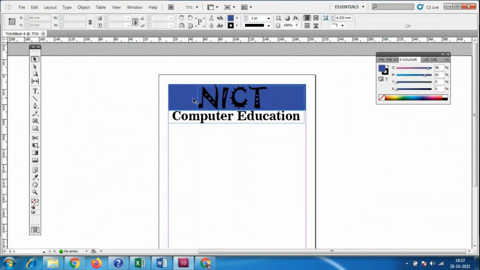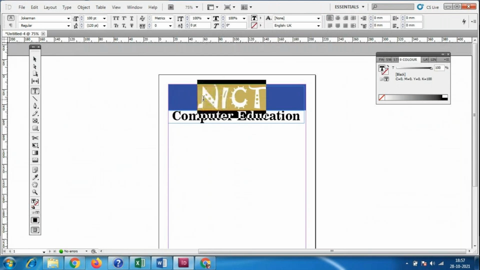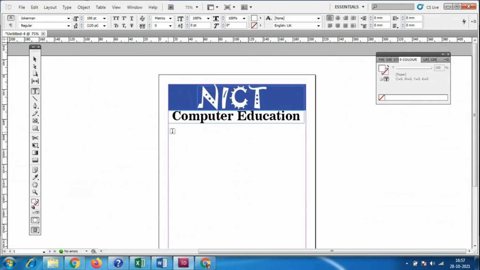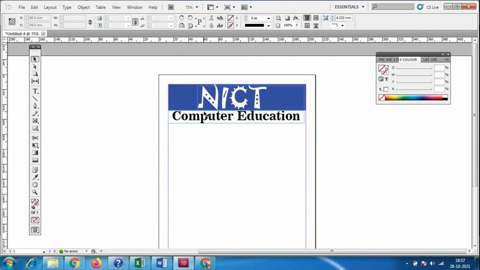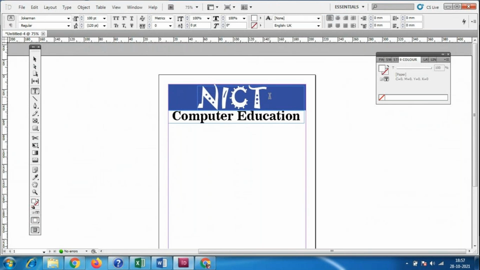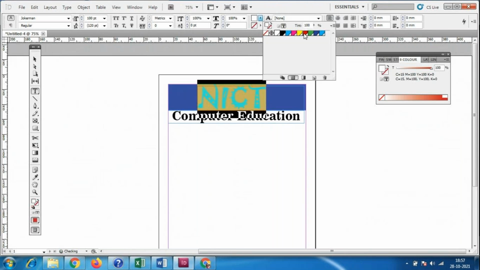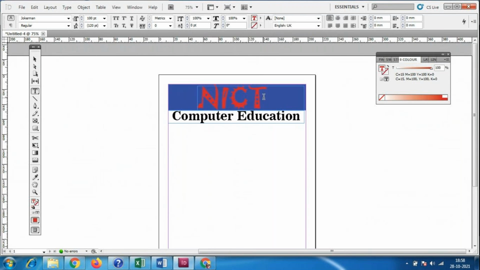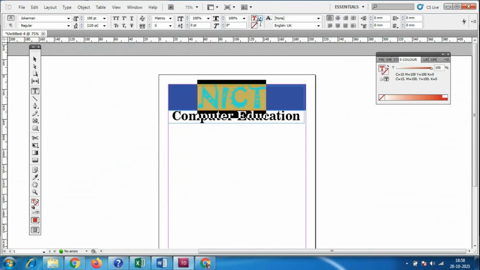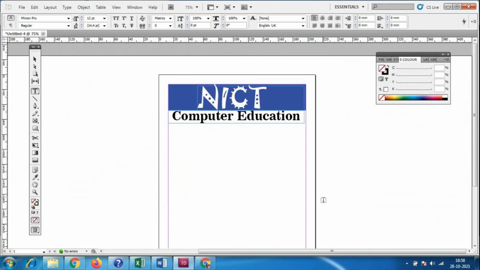Now this is the colored box and we have the text box also here. Using this text box we have to change something with the text. Suppose I want to change the color of the text, that means we have to select the text box. Always we have the text box over here. So double click on this text and left click. By that time this text is going to be selected, and I will change whatever colors I want. Select it like this and I'm going to change the color like this.